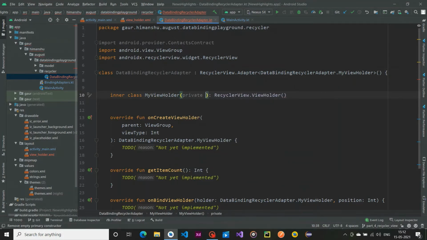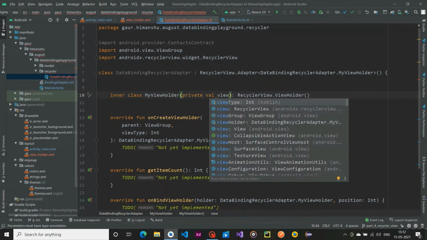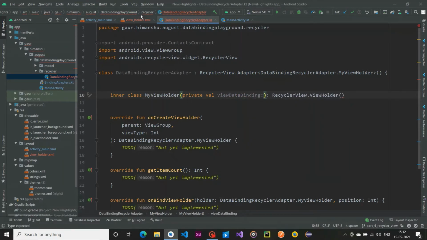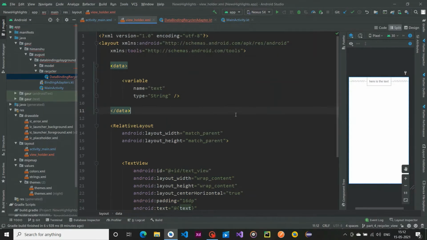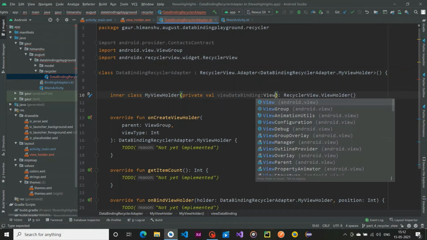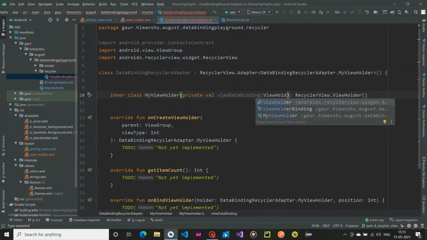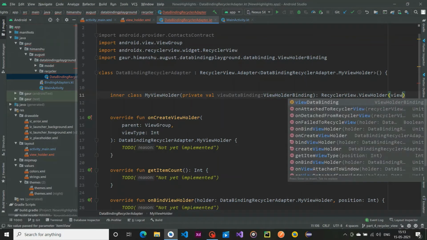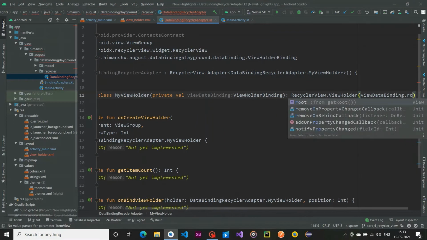So for that private var view data binding, and when I created this layout into a data binding layout, it will generate a class for this layout. So I'm going to pass that class in here. I think the name is view holder binding, this one, and now pass this view binding root in our recycler view.view holder constructor. So pass view holder binding.root,